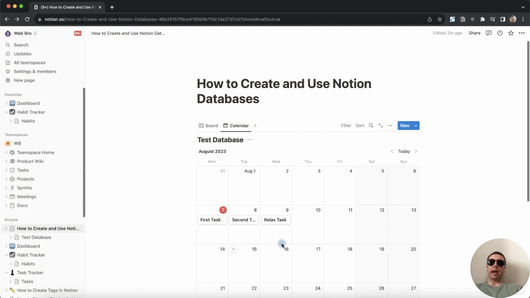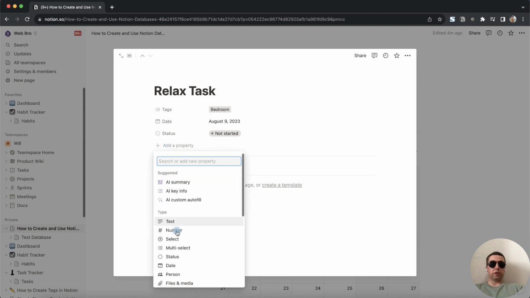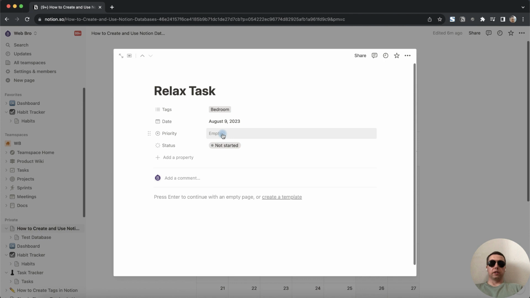We can open any of these tasks as a page and fill it with content. Click on task. Here we can also create a new property for the database. Click on add a property, select the type of column, rename it, and fill it with content. For example, low,